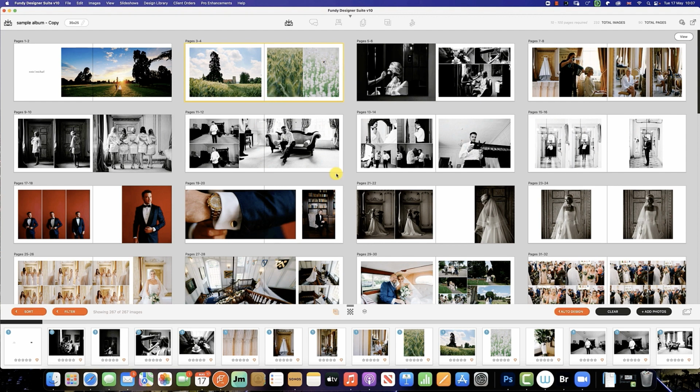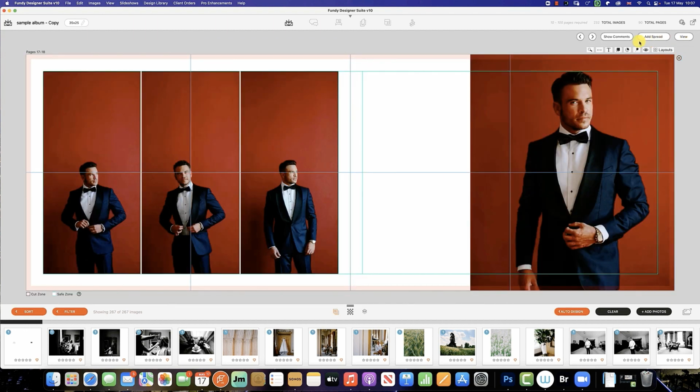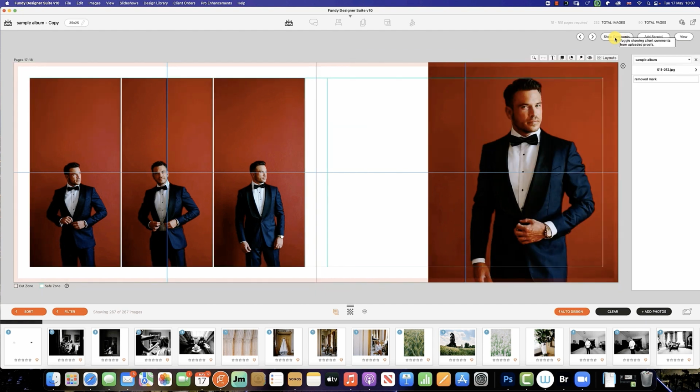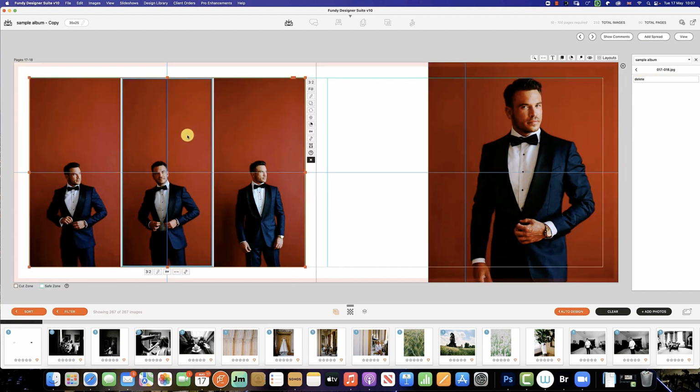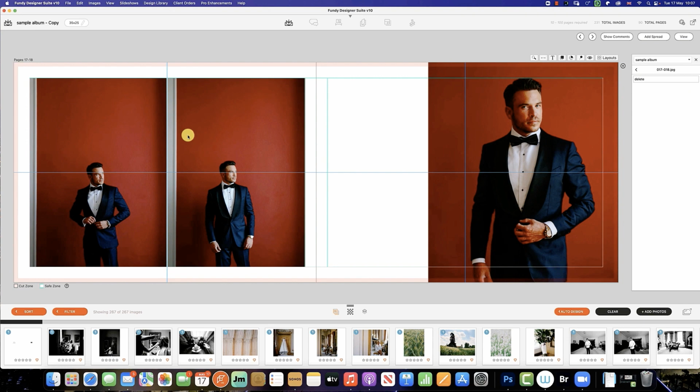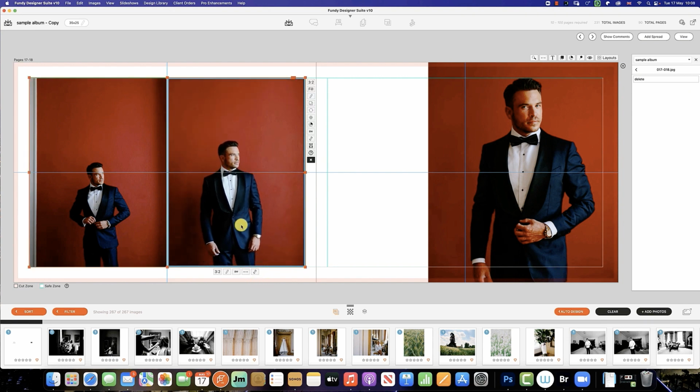So all we need to do now is go down to the spreads in which we know we have comments, click show comments, and this will load in the comment showing we need to delete this image on the left hand side. So all we do now is click and delete, and we'll simply make a few changes to tidy this up,